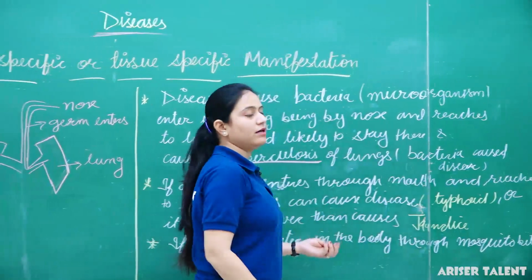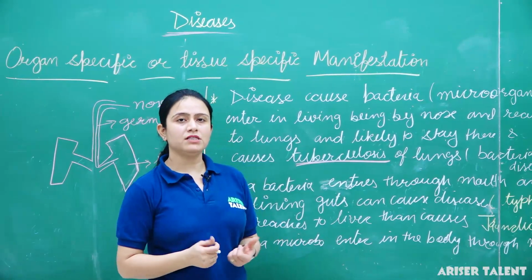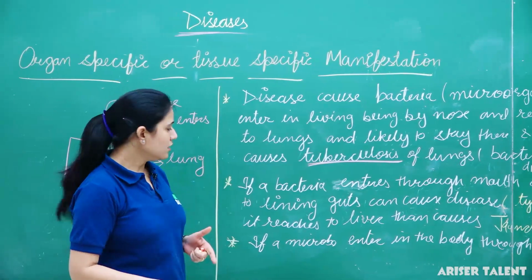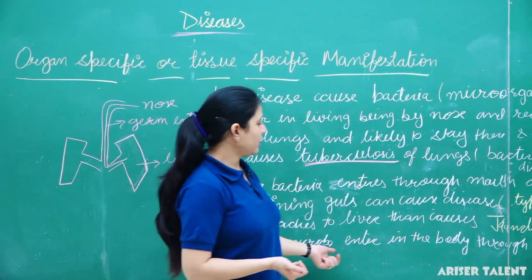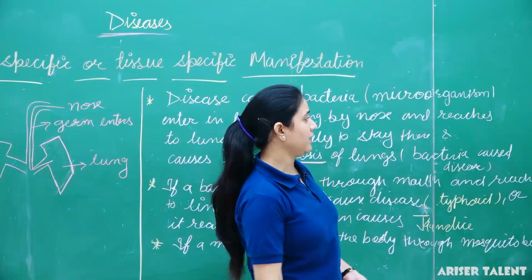As we know, a mosquito bites only warm-blooded animals. Warm-blooded animals means their body temperature does not change with the change in the temperature of the surroundings. So if a microbe enters the body through a mosquito bite,